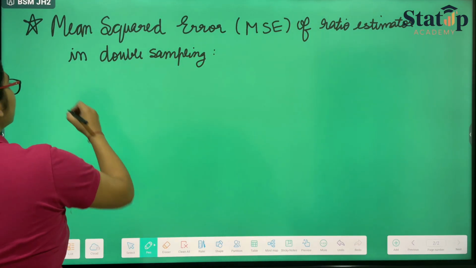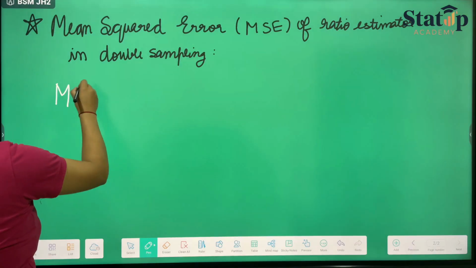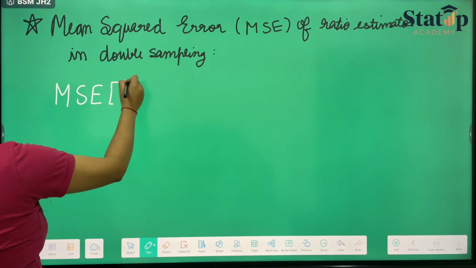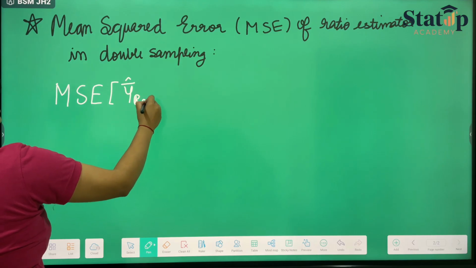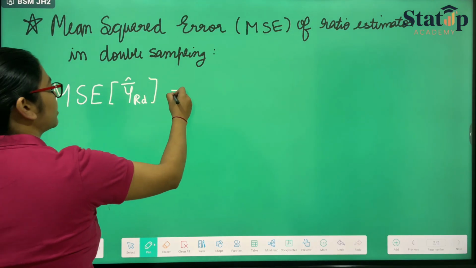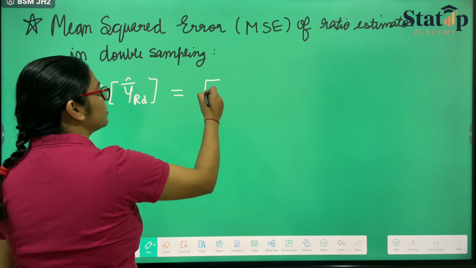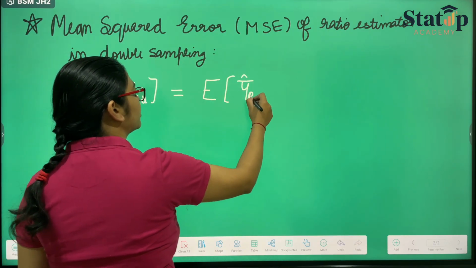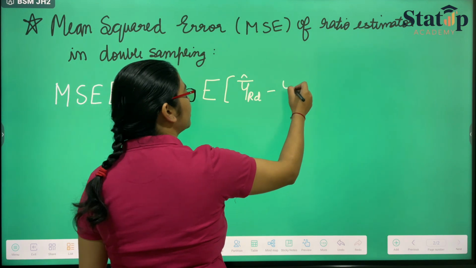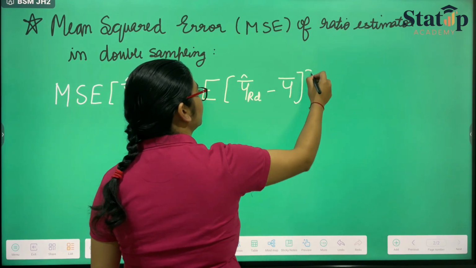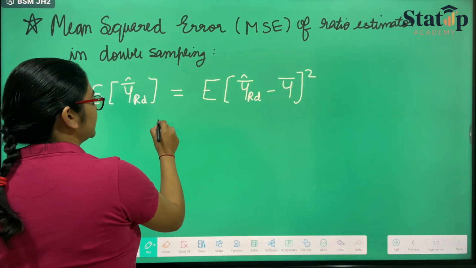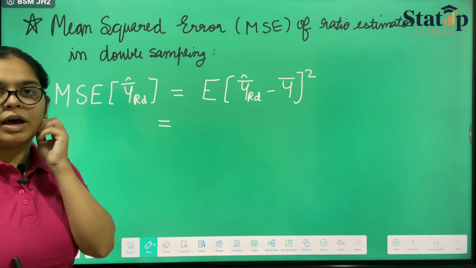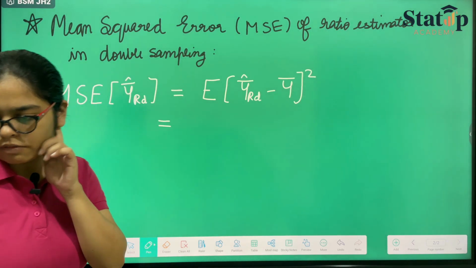So mean square error is nothing but the variance plus the error term. This can be written as mean square error of ratio estimator in double sampling is equal to the expectation of the ratio estimator in double sampling minus y bar, whole square. Now this term can be taken from what we did yesterday, y bar rd minus y bar, which is nothing but